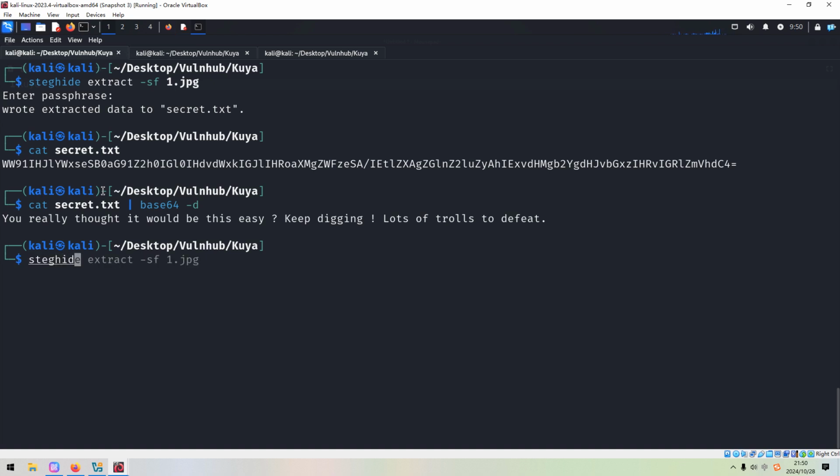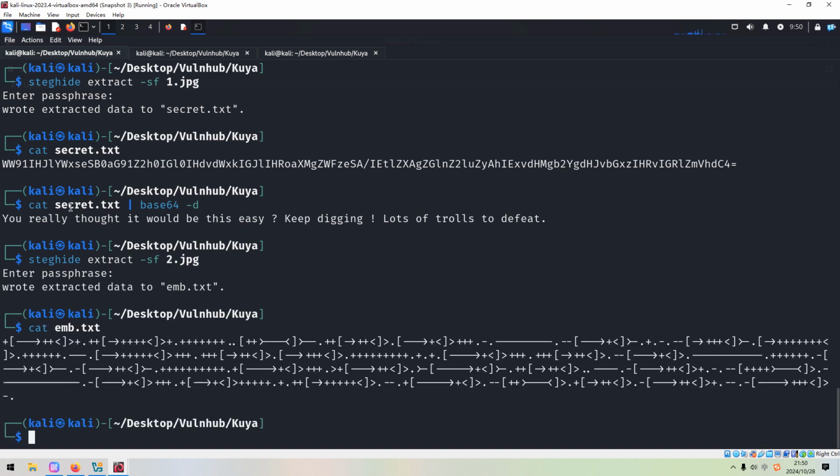Steghide extract. The second picture, no passphrase, and this text file contains the encoded message, which would possibly be Brainfuck encoding.